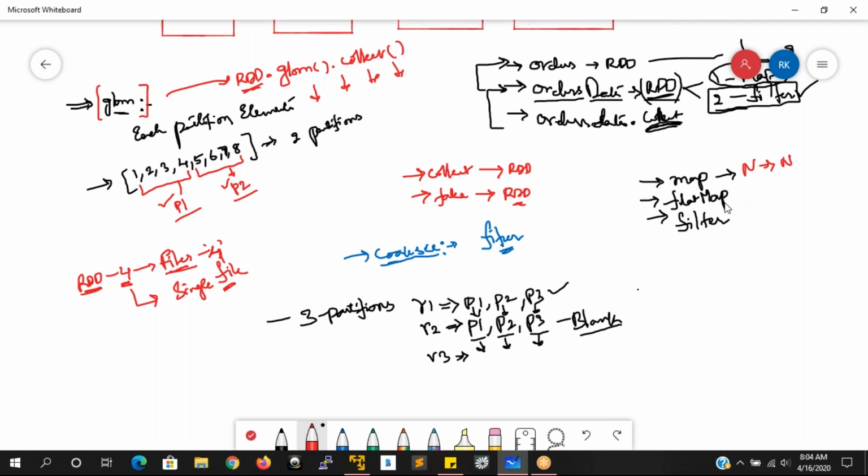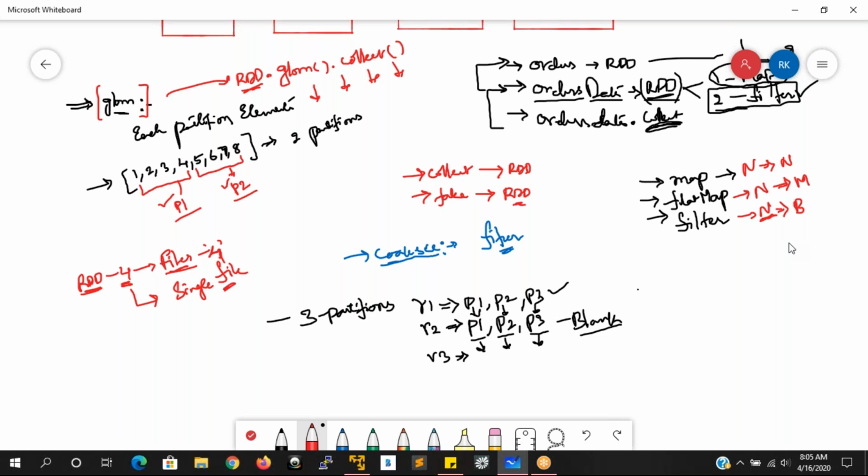Yes, sir. That's what I have explained here. When I apply flatMap, what is happening? If it has n elements, it is going to generate some m elements, more than this. But when you see the n, it also generates some other elements, but these elements are going to be less compared to the existing elements of your RDD. Correct? Yes or no? Yes, yes.